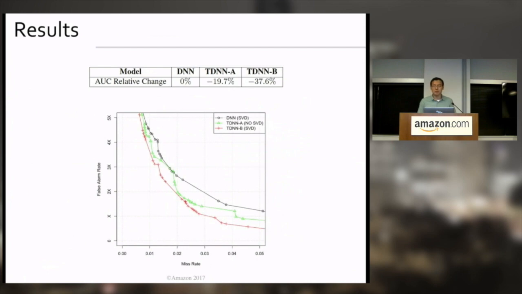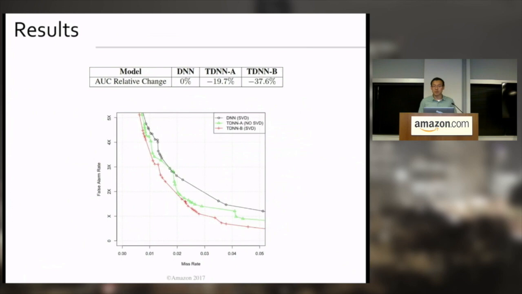We have the miss rate on the x-axis and the false accept rate on the y-axis. Here we can see we focus on a very low miss rate range, less than 5%. We don't reveal the absolute number of the false accept rate. We only plot it as multiples of a constant number x. But as you can imagine, this x is an extremely low number.